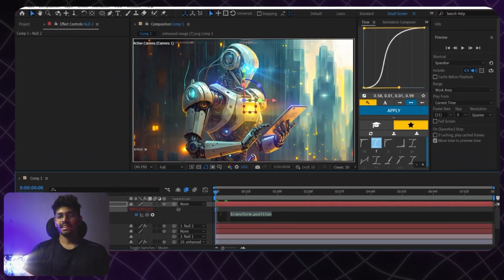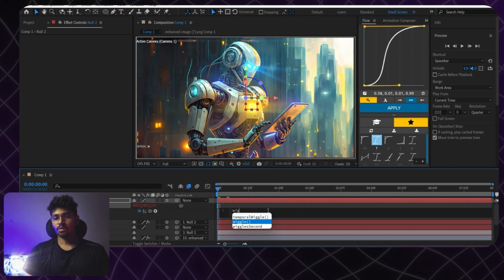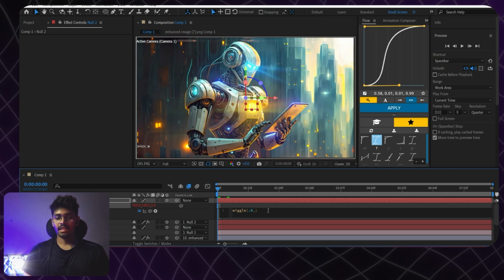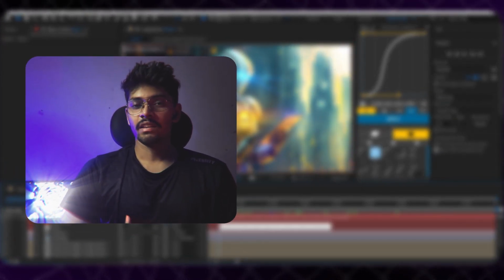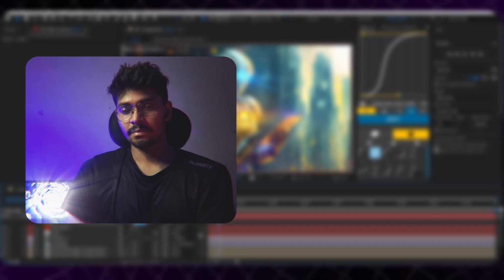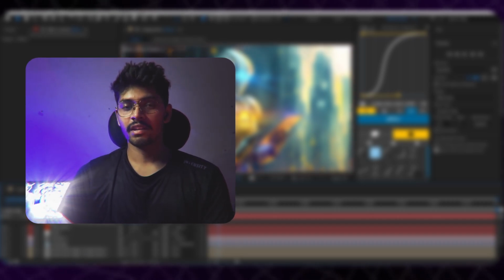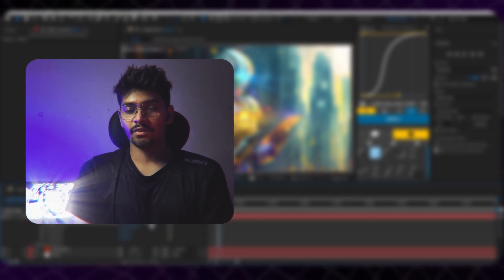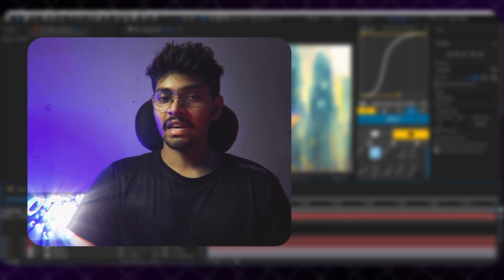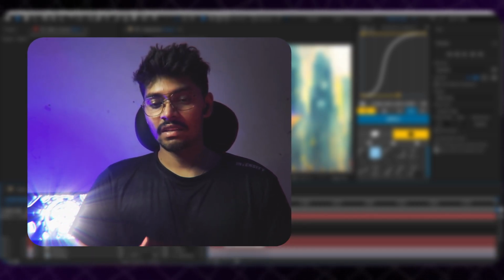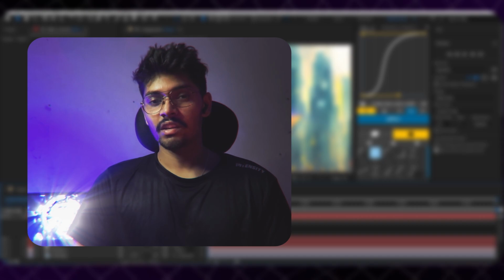Then I added a little bit of extra glow on the eyes and the middle arc reactor of the robot, which kinda adds a little bit more realism, which is absolutely not necessary, but you can do it for decorating your animation. Then I'm adding something which is very necessary to make any sort of animation and video